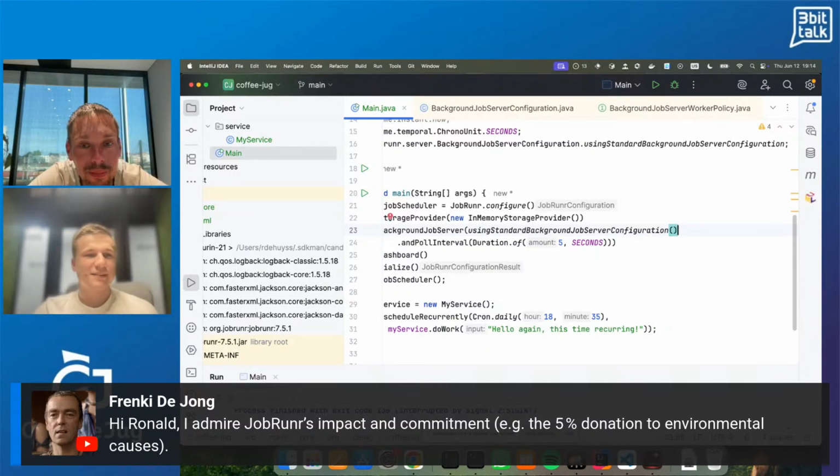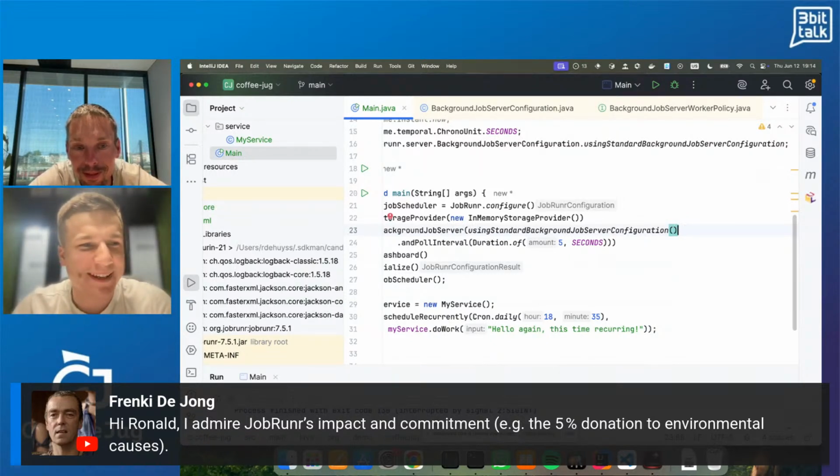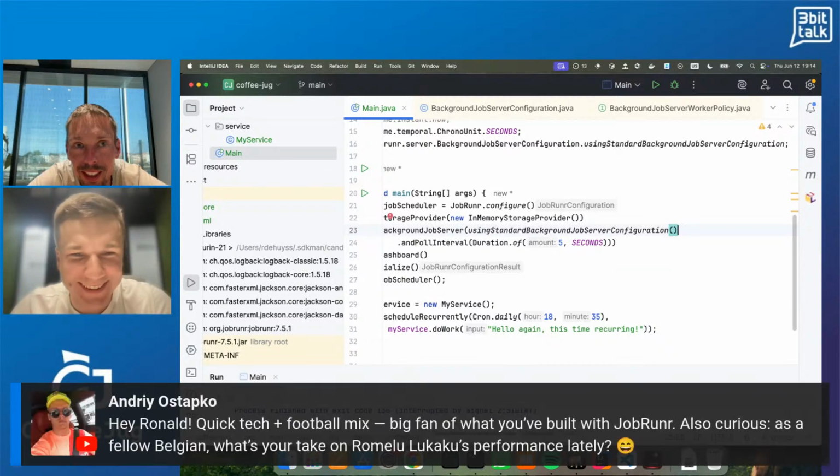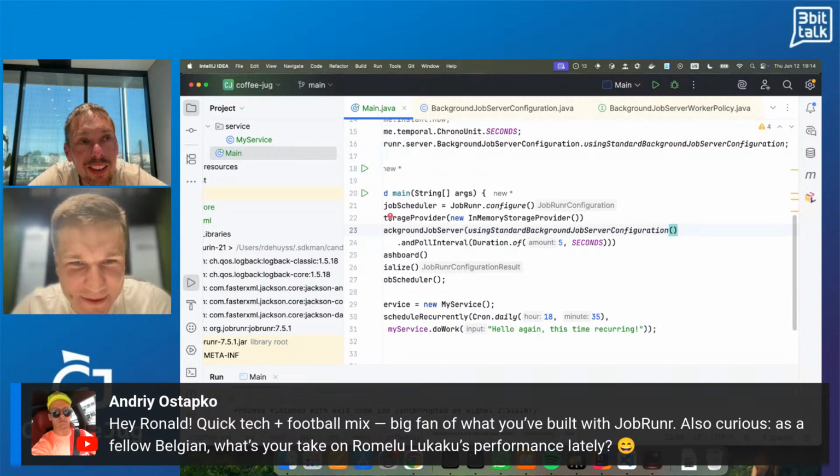Yeah, I really like the idea behind it and appreciate that. Cool. Thank you. Next question is a football and engineering crossover. Hey Ronald, quick tech football mix. Big fan of what you have built with JobRunner. Also curious, as a fellow Belgian, what's your take on Romelu Lukaku lately?